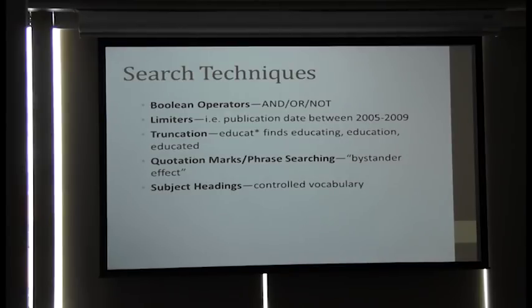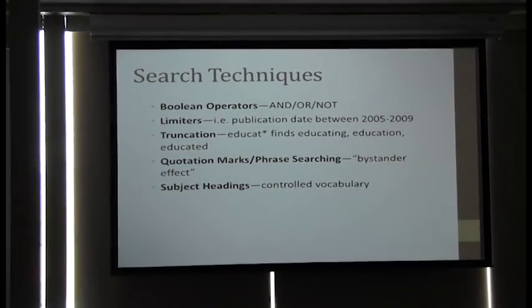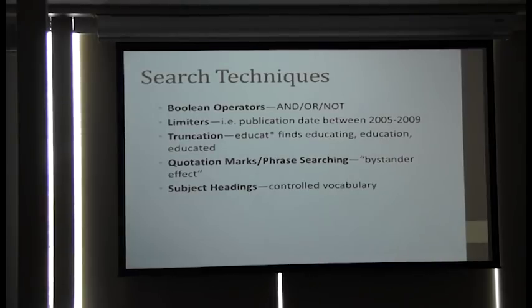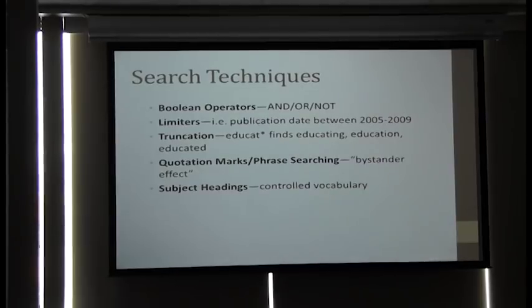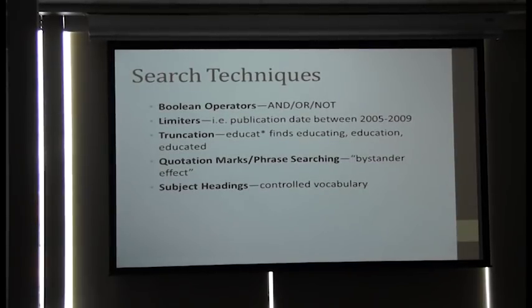Okay. Limiters are used to restrict your search either to scholarly journals, popular magazines, you can restrict by date, you can restrict to certain publication titles, and I'm going to show you a screenshot of that. Truncation, has anyone used truncation before? Okay, so basically you're chopping off the end of the word and putting in a symbol such as the asterisk there, and it finds all of the endings of that word. It's very helpful, and it functions as an or operator, basically. So instead of having to type in educating or education or educated, you can just put the education